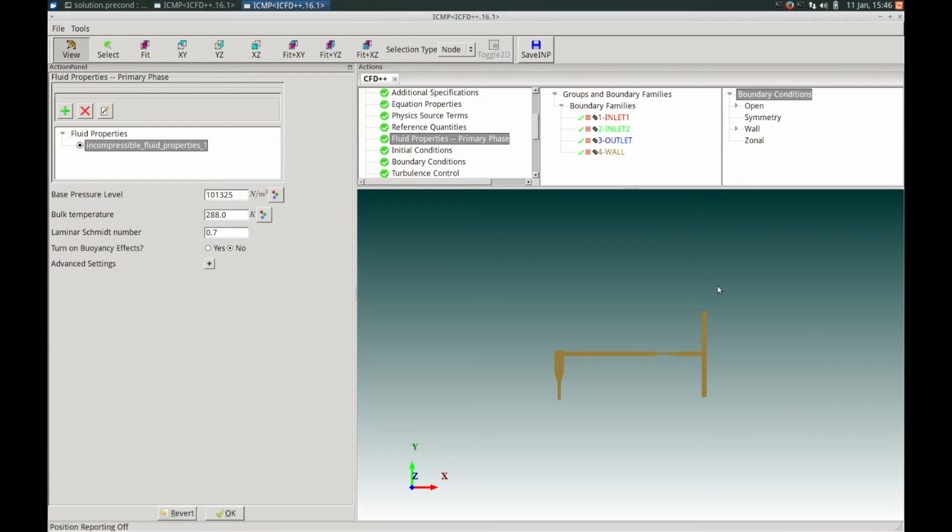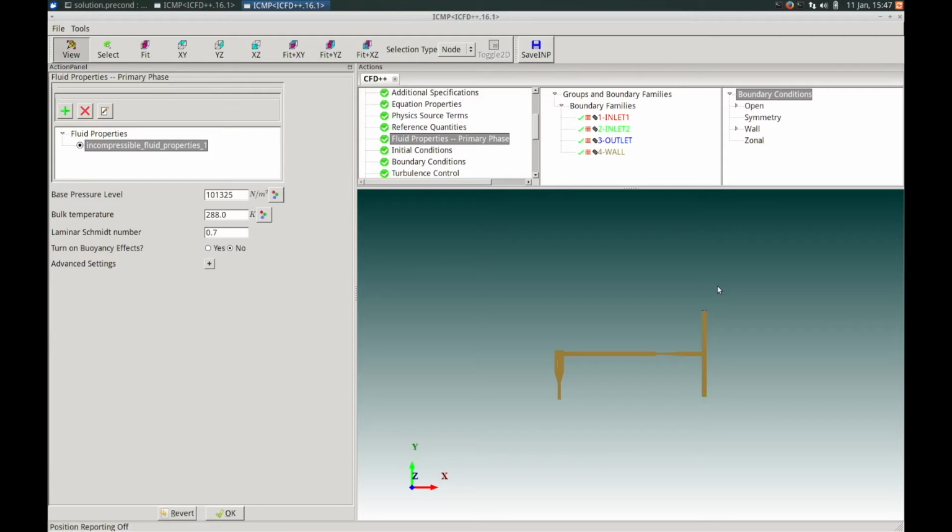Before starting with the example tutorial, I will briefly cover the new features and components of the ICFD++ AUI for first-time users. For a more in-depth understanding of the ICMP AUI features common across all Metacomp software, please click on the ICMP AUI demo link, which is popping up on the left side of the video, or refer to the ICMP AUI section of your ICFD++ documentation.